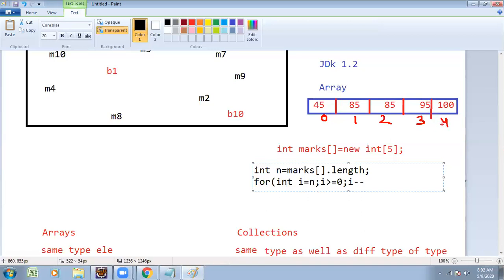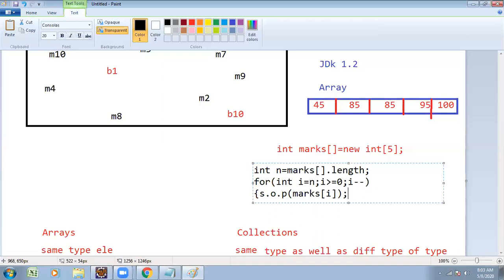Reverse case I wanted to start. Length calculated, nothing but n value 4. Next condition, 4 greater than or equal to 0, true. Then what I wanted to do? Print the first element, then the decrement process. System.out.println of marks of i. Marks of i.